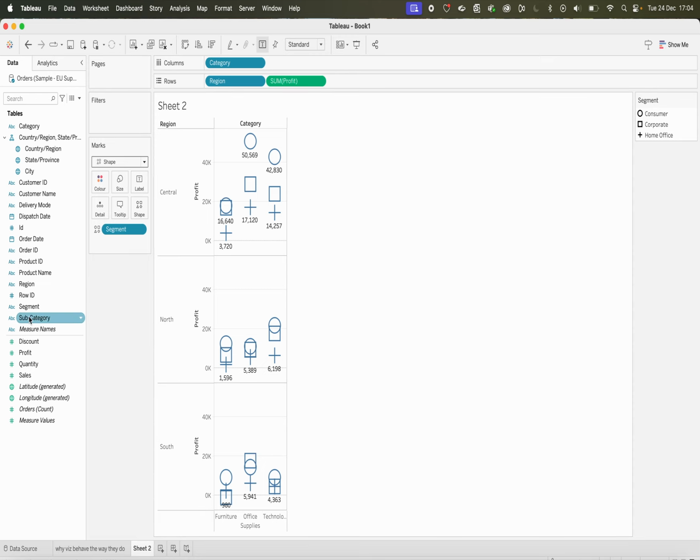Segment again into color just gives it a different color. So we have the color legend and we have the shape legend. What most people are familiar with is this segment legend. So that is the difference between when to use details. Details do not have legend,